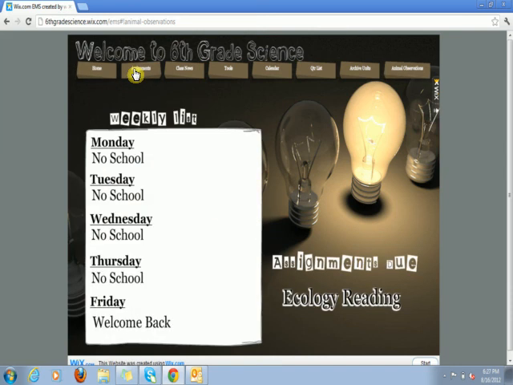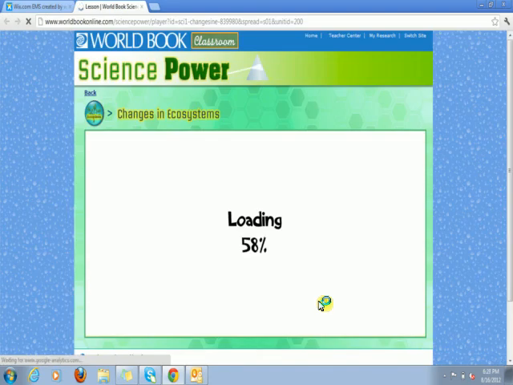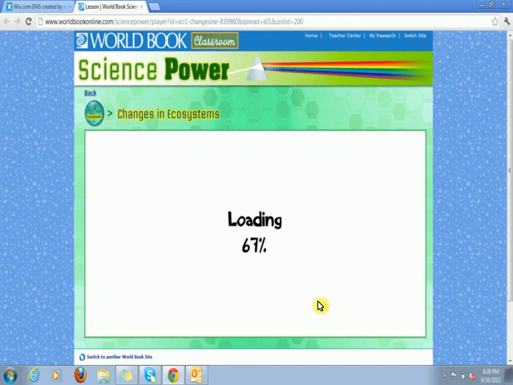so I can show you real quick how we're going to look at our reading assignments. Now notice again, I'm scrolling over things and nothing is pointing out. Anytime I get a hand, that means that is a link. So when I click on this, it's going to take me right to the reading assignment. This is World Book Online. This is something that I link up,